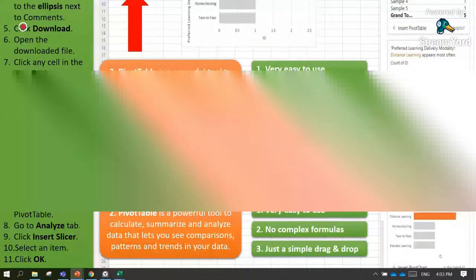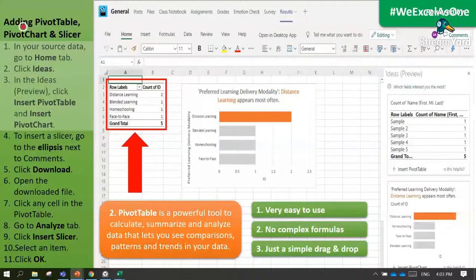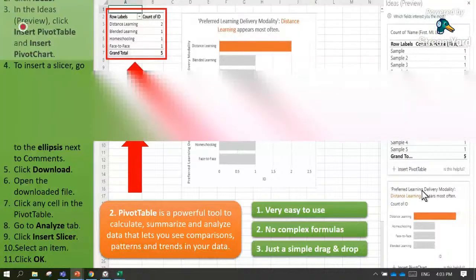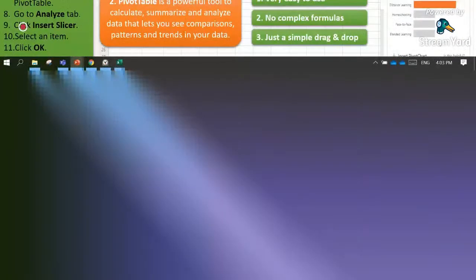This time, with a simple drag and drop, we can already analyze those lots of data that we have created using the survey. That's how amazing the pivot table is. You don't have to use complex formulas.